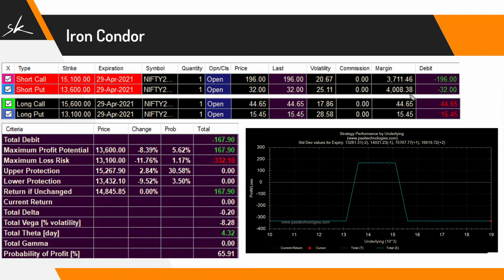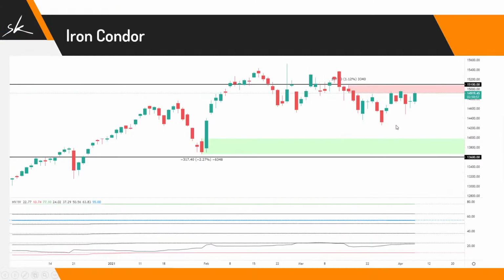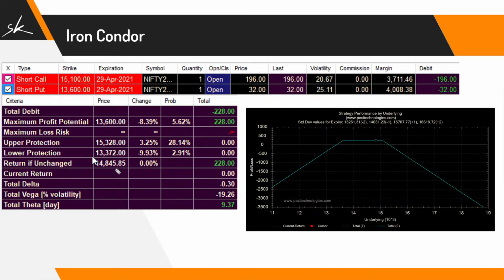In fact, let me go back. We didn't touch upon a few of the things. So if I go back, just a second, you can see what was happening here. If you look at your Vega, it was around 19. So here we were having an exposure of 19 when it comes to Vega. Theta was definitely helping us. We are making around 9 rupees for keeping the position overnight every day. But here you can see the Vega exposure is almost 19 rupees.